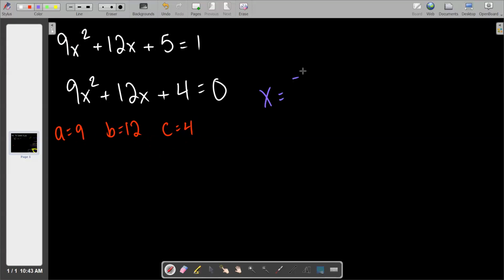Negative 12. Good job back there. That's the opposite of b, plus or minus a big long square root sign. And what will be first in the square root sign? B squared, which is 144. And since my teacher said so, and I trust my teacher, I'm going to do this 100% of the time. I'm going to write minus 4 blank blank